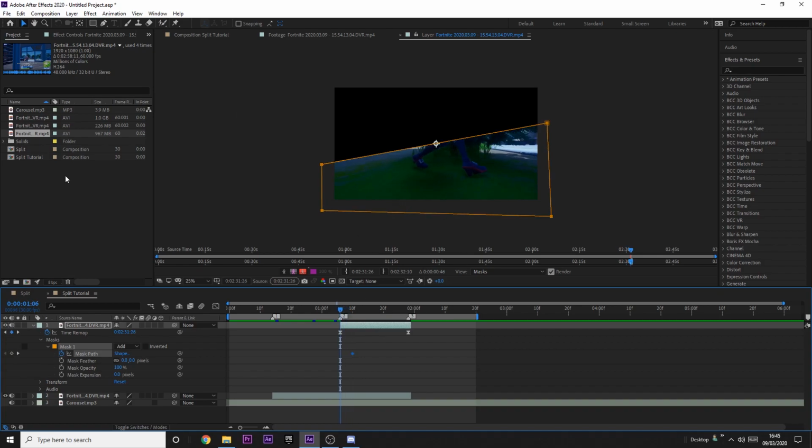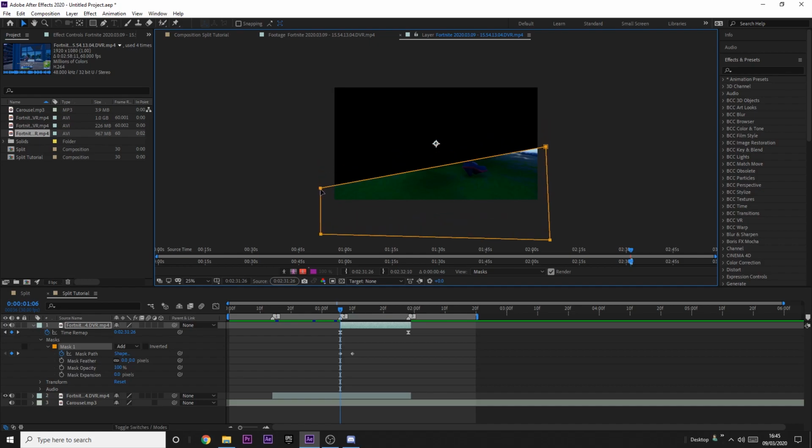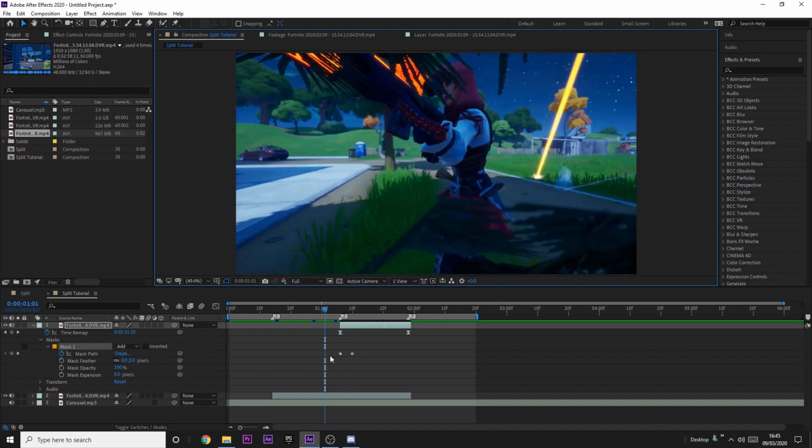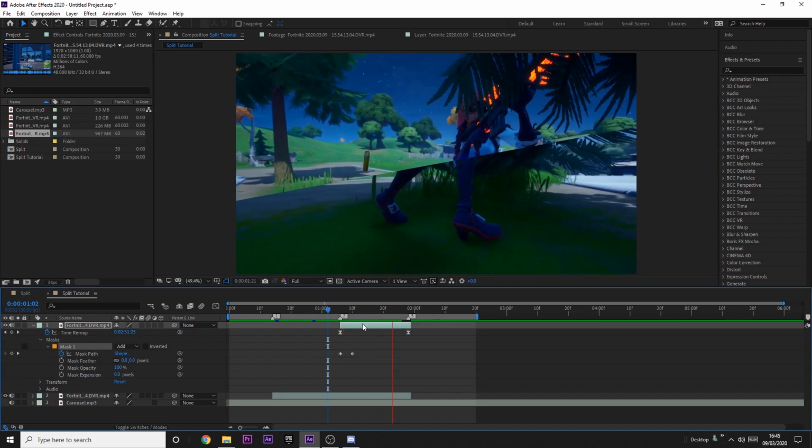And then what we want to do is make another keyframe here, but we want to drag this back down again. So if yours isn't already selected, if yours looks like this with the little circles, what you want to do is select it again so that it's squares. So the squares mean it's fully selected. And then you want to bring it back down like this. So now if we look at it, you can see